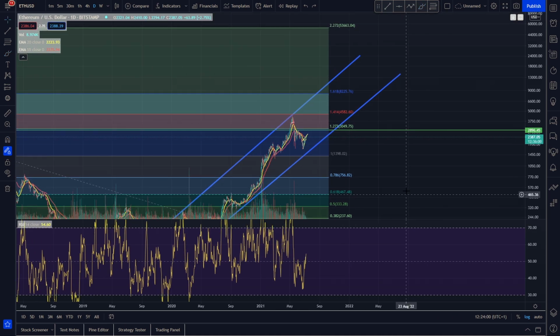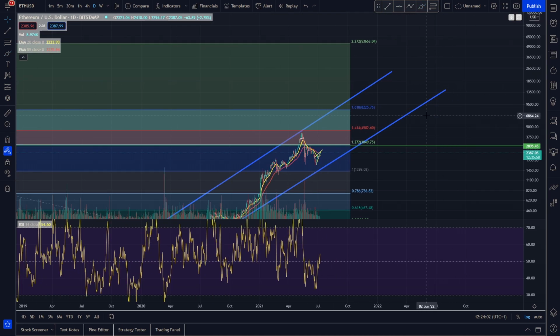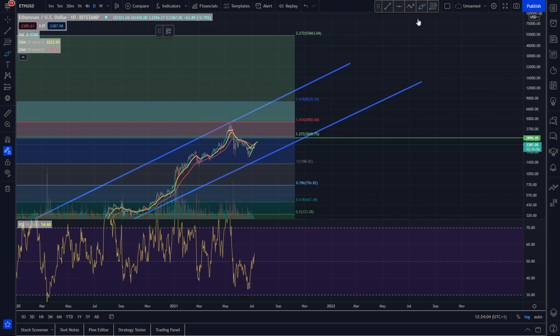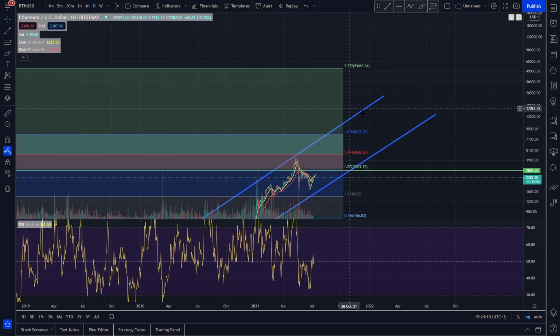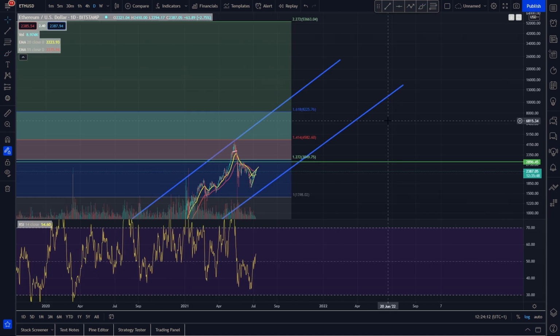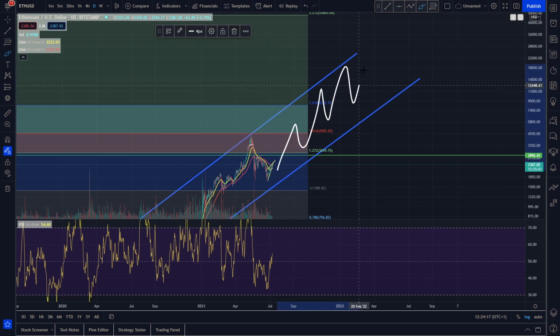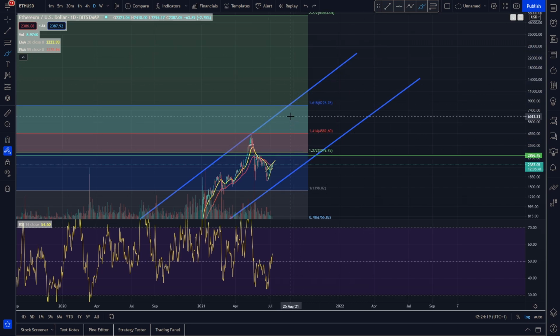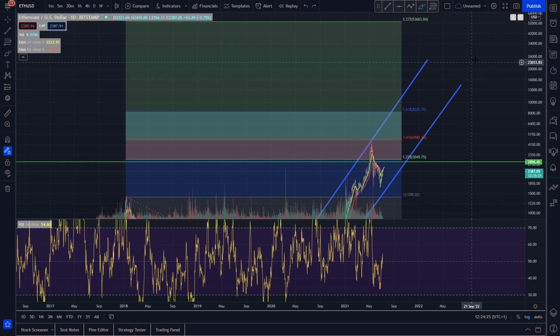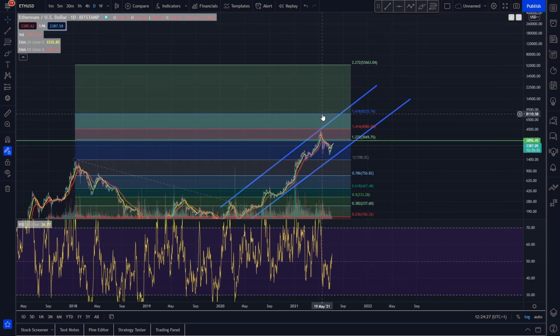Obviously we're not mind readers and we can't predict the future, but just inferring what we're seeing here with the charts, it is possible. If the bull market's going to end near the end of the year, we could be looking at potentially a 10 to 20k Ethereum token, depending on obviously what happens in the wider market. Or if we just continue to run even further than this and the market cycle lasts a lot longer, maybe into the middle of next year, we could be looking at even higher targets for Ethereum, depending obviously on how well everything does. So things looking completely fine in our opinion.